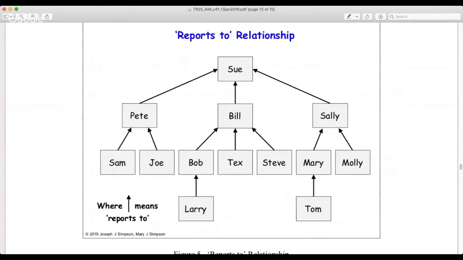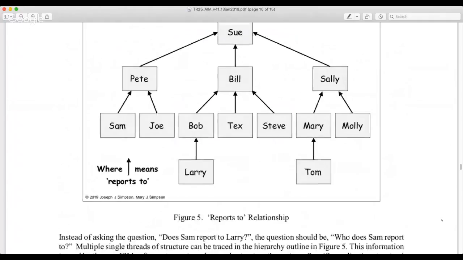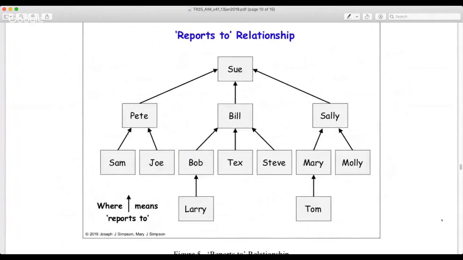Because as we can see here, Larry reports to Bob, Bob reports to Bill. Larry does not report to Bill. This is intransitive. Sam reports to Pete, Pete reports to Sue. Sam does not report to Sue. So this is an intransitive relationship. And of course, it's one of the relationships used within the ISM structure where they all need to be transitive. And so in this particular case, for this particular relationship, if you just ask, who